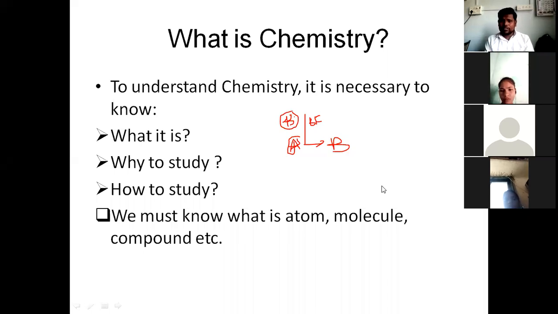I'm talking with you, and this is also chemistry, because energy is required for talking. This is one of the components of the talking process: it requires energy, and energy comes from the food. Food is the primary reactant for the production of energy. The food is digested, and through the whole digestion process it is finally converted into the glucose molecule. So you know that is glucose. Glucose is a chemical compound, an organic compound. So all these things are related to chemistry.